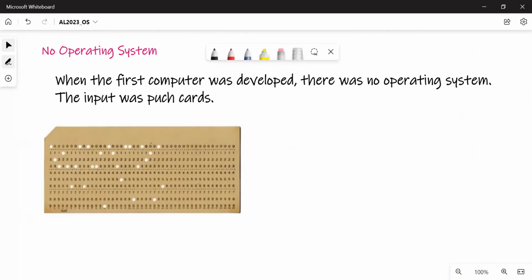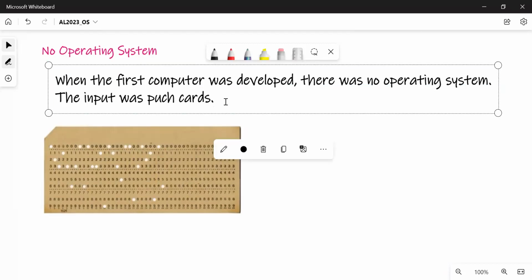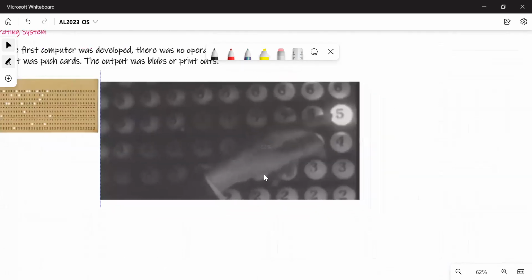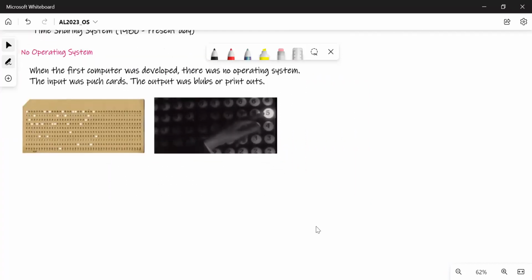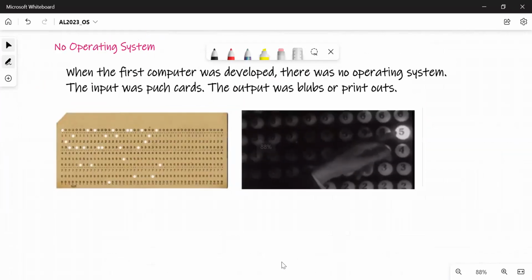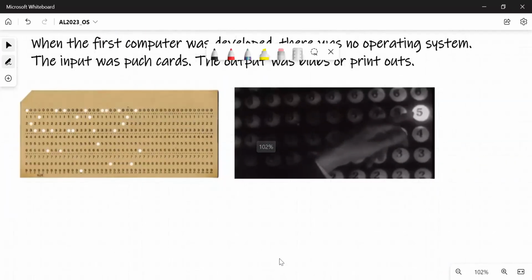ENIAC, for example, if you remember, we discussed ENIAC. You have a set of bulbs to indicate the output. There was no monitor as such in early days. This is how things evolved.